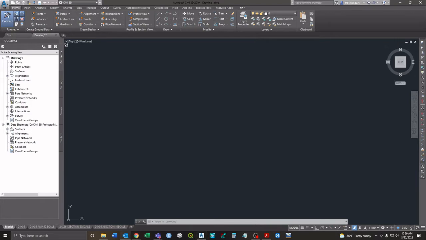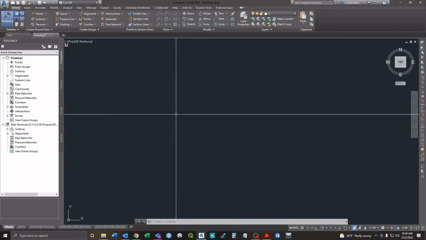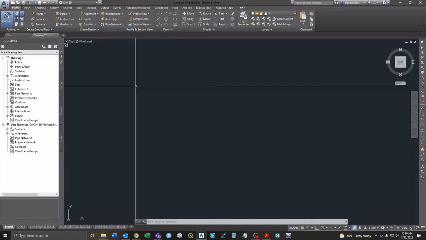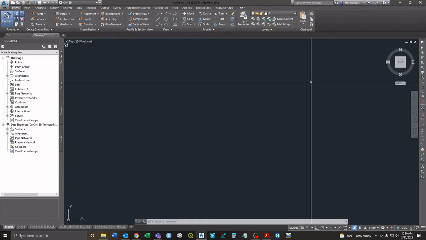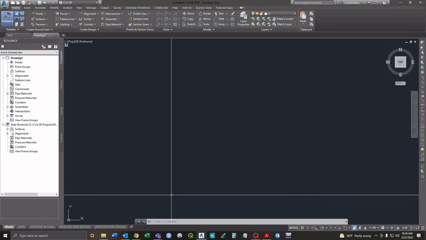All right. So basically some of the things I just want to go over is the general setup of AutoCAD and some of the basic commands and just a little bit of that detail. Like I mentioned,